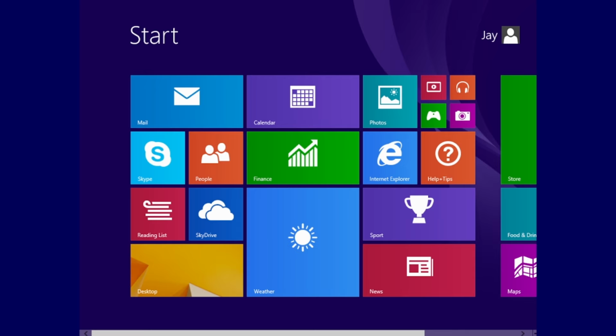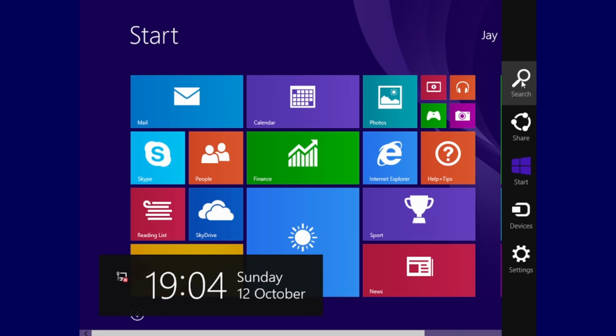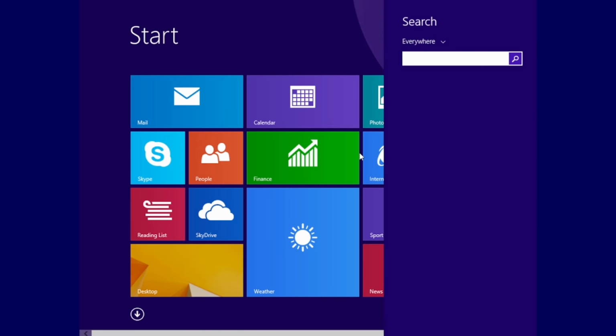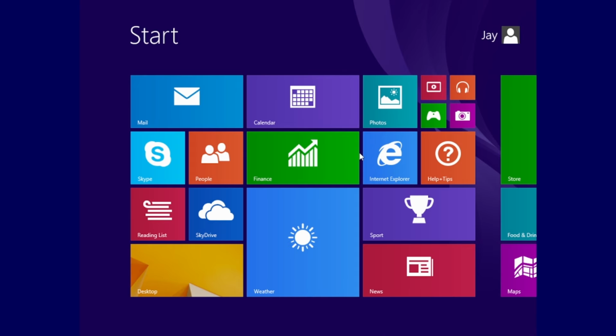And that kind of brings me on to some of the advantages of Windows 8.1. So first off, you still had the old style Windows search. You could go in and search for something and it would actually search on your computer, and it was as good as it had been in Windows 7 and Windows Vista.